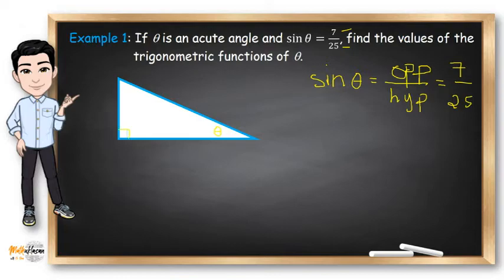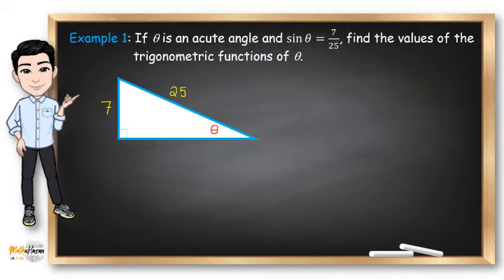So hindi pwede yon. Ngayon, kung ito yung theta natin, nasan natin ilalagay yung 7? Saan natin ilalagay yung 7? Yung 7 na ilalagay natin sa opposite side, base dito. So, 7 is here. This is 7 units. And 25 is the hypotenuse. Therefore, 25 should be written